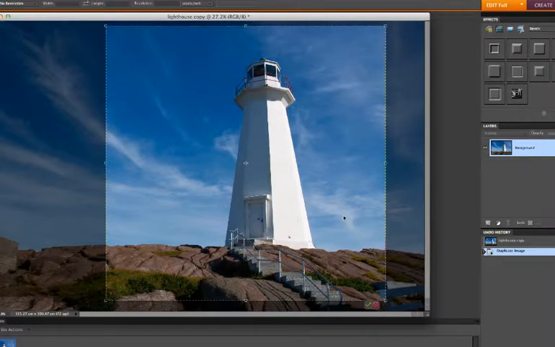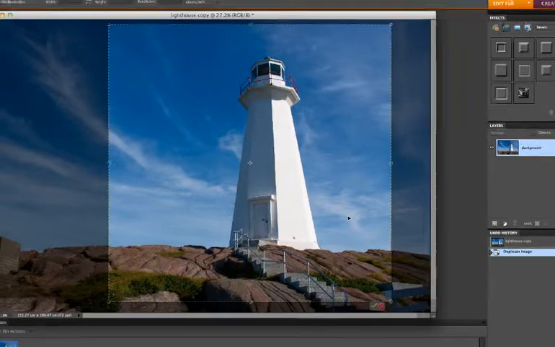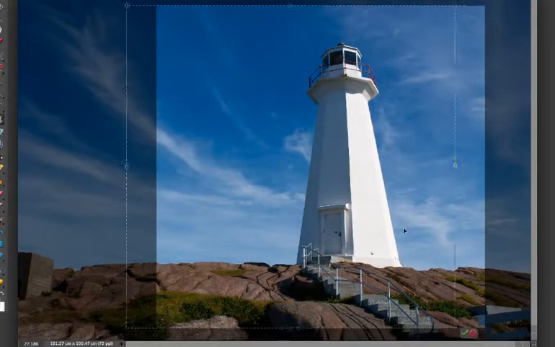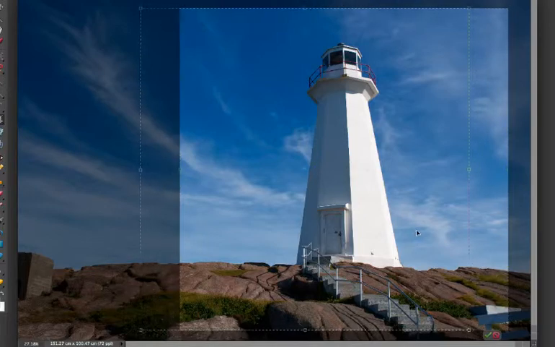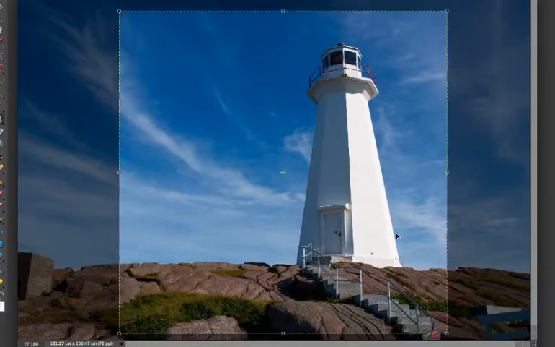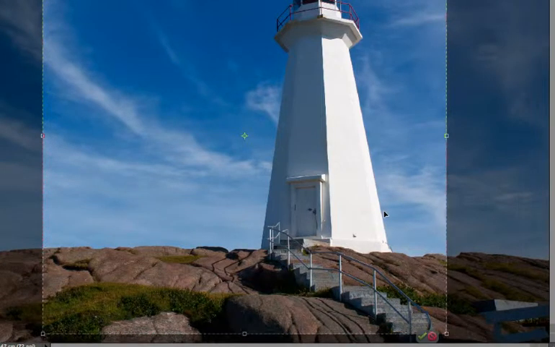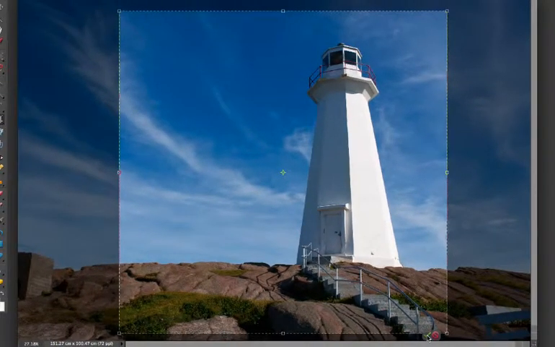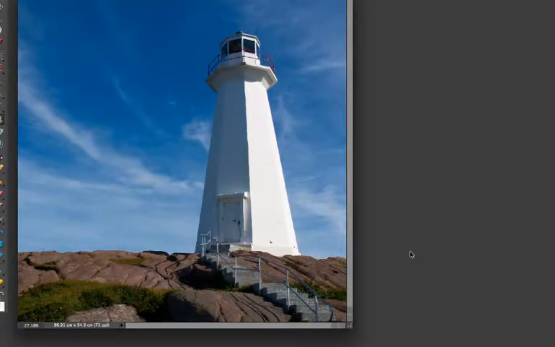And if I want to keep this aspect ratio, but I want to move it, all I gotta do is click inside the lit area and drag it to wherever I want. Maybe I would like this to go like that. And if I look at the lit up area, that's the area I'm going to keep. The dulled out area would be what gets discarded. So I'm going to click the accept, and then I've made my crop. I'm going to go and undo that